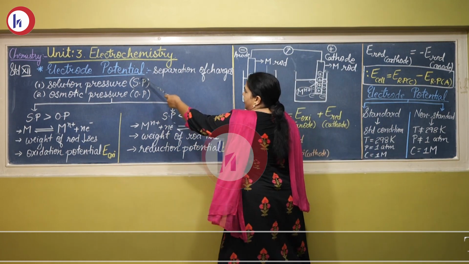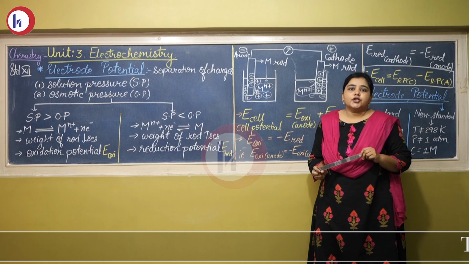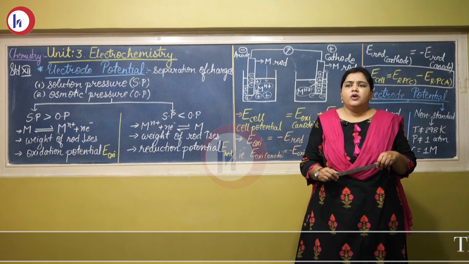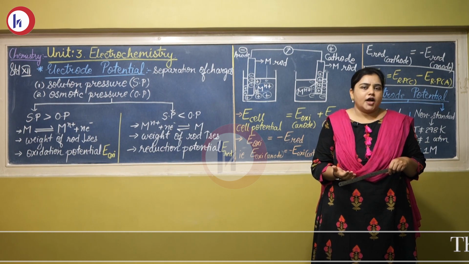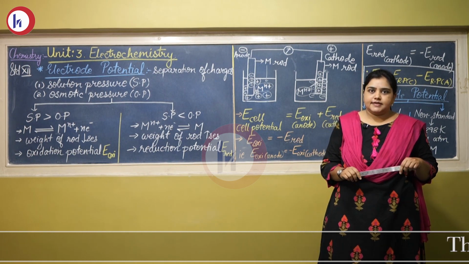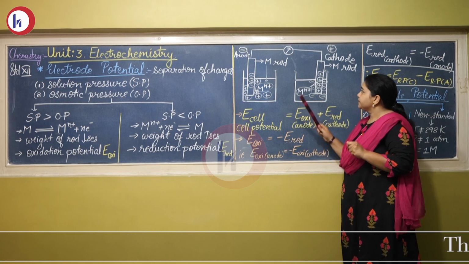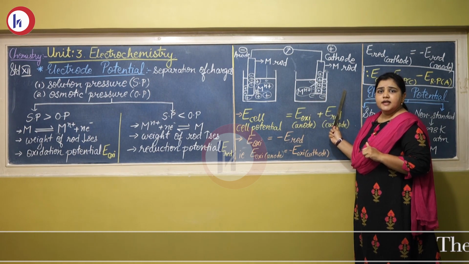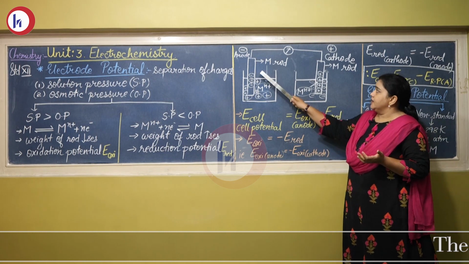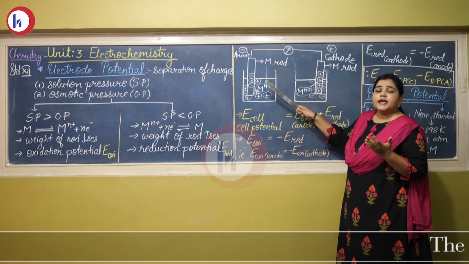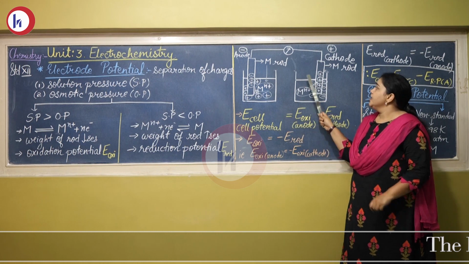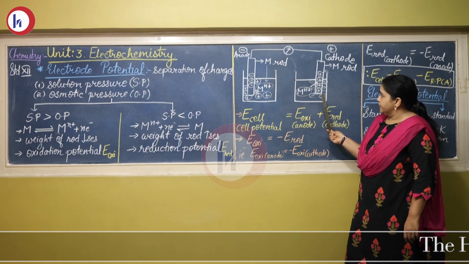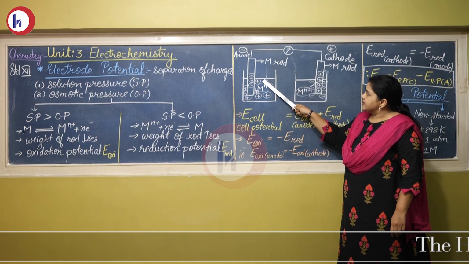What is electrode potential? Electrode potential occurs due to separation of charges. Now, why do the separation of charges occur in an electrochemical cell? Let us look into it. Now, if you remember, this is the construction of an electrochemical cell. Here, a zinc electrode is dipped in a ZnSO4 solution and copper electrode is dipped in a CuSO4 solution. Now, as discussed here,